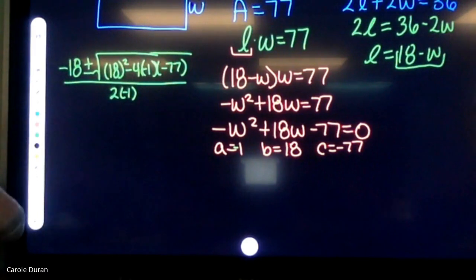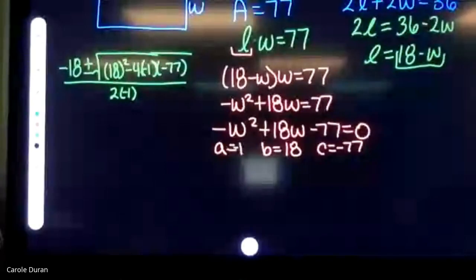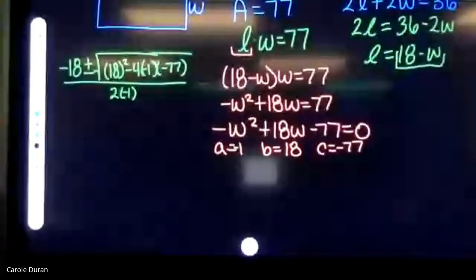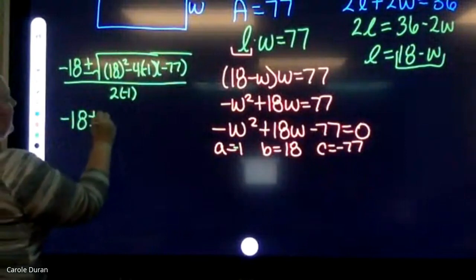I knew that was a negative 1. So it's going to come out positive. Negative times negative makes it positive, but if the first number is bigger, it'll still come out positive. Okay, so when we do all of this, we should get negative 18 plus or minus the square root